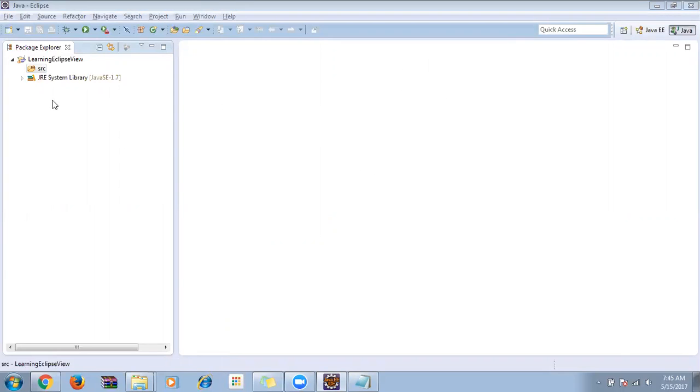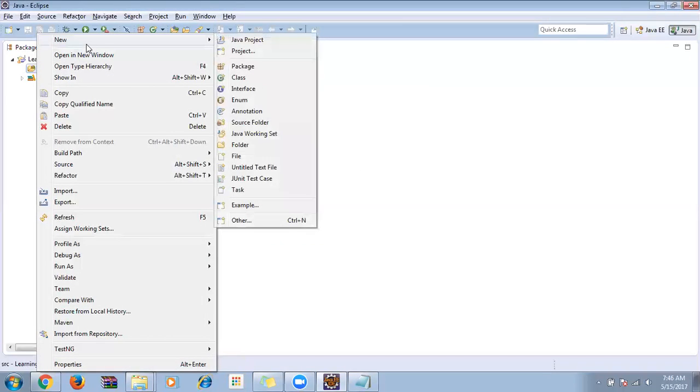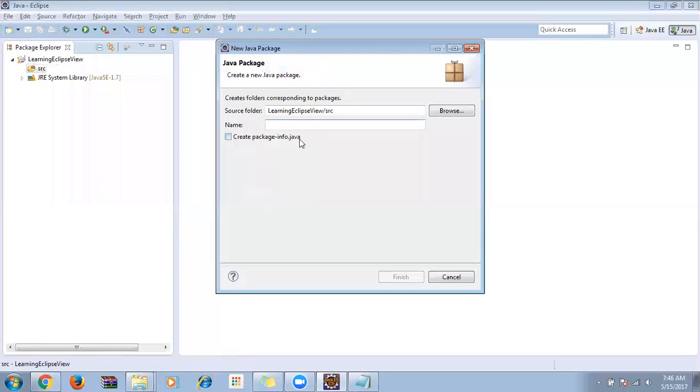Thank you. So now right click on the source folder, go to new package. Now you create the package. Just a second, guys. Yeah, okay. So now I'm going to create a package. The package name I'll simply give as learning